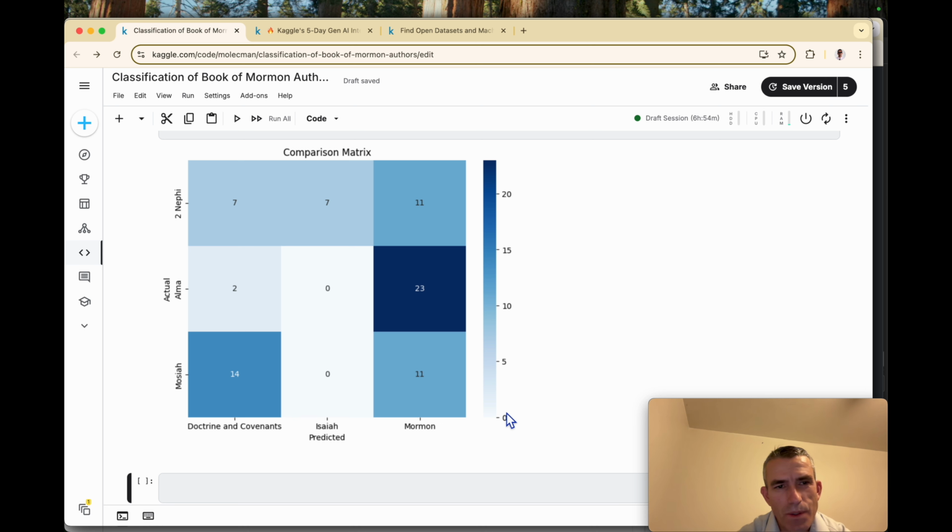And so there's more work that could be done here because of the style issues, with significant differences. Joseph Smith history is more like a journal almost, versus the scriptures in Mormon and Isaiah and Doctrine and Covenants.